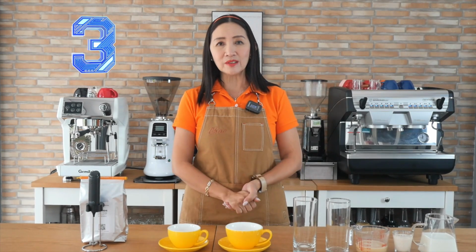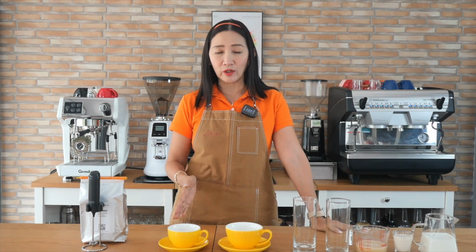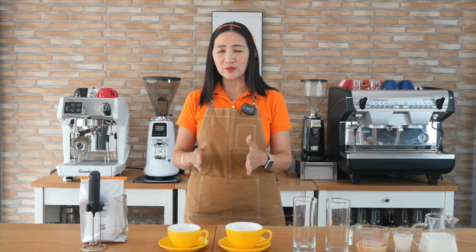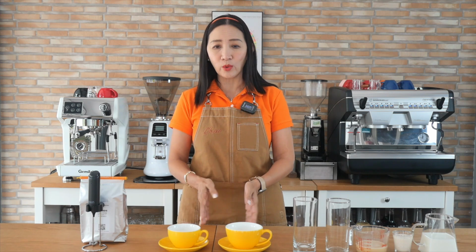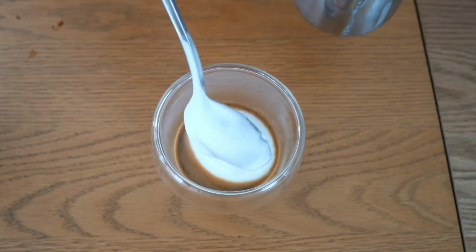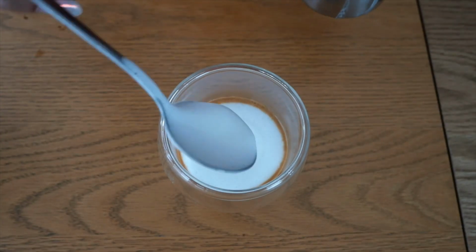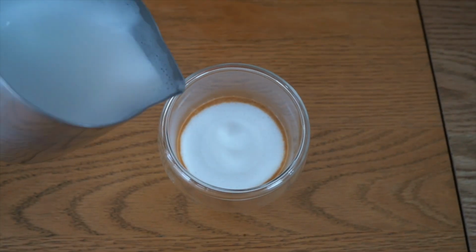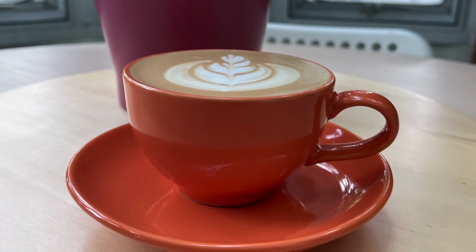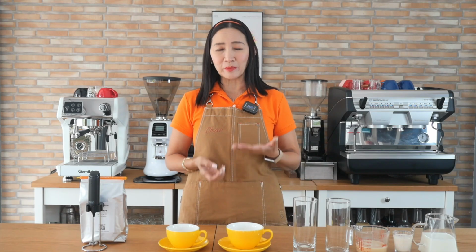The third difference is in the number of shots that you use for each of these two. Some use a single shot, others use double shot, but mostly they will be using the same amount of espresso for two different cup sizes. In terms of taste, the cappuccino will taste stronger because you are using less milk, because most of it will be milk foam, and the latte is smoother and is also a lot more balanced between the milk and